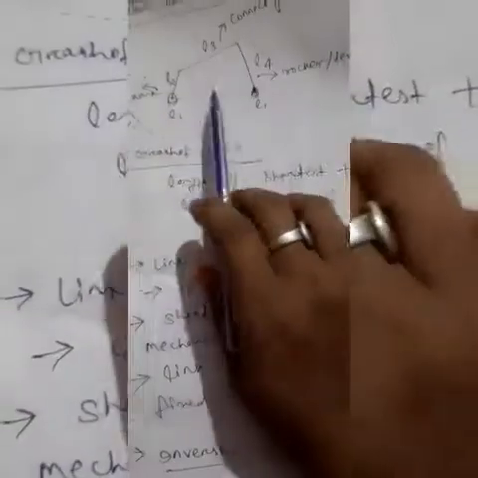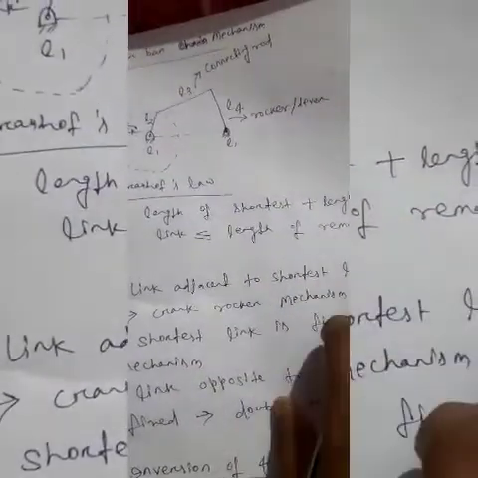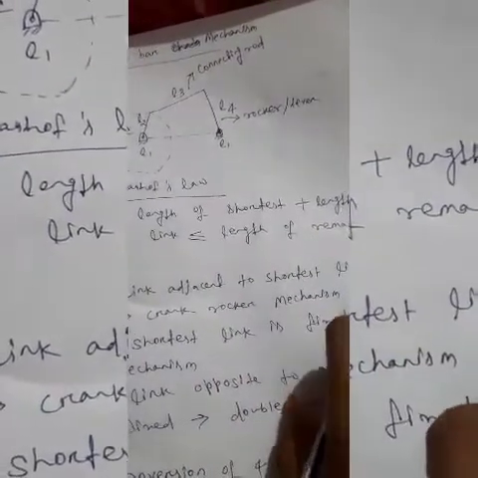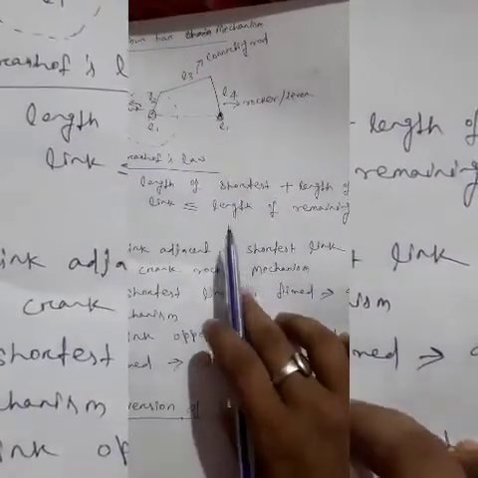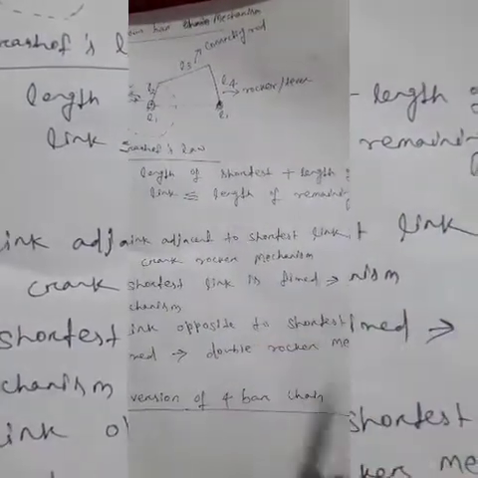So to achieve 360-degree revolution of one of the links, it should satisfy this law, Grashof's law. According to Grashof's law, the sum of the lengths of the shortest and longest links should be less than the sum of the lengths of the remaining 2 links, then only one link of the 4 links will be able to rotate 360 degrees, otherwise none of the links will have 360-degree rotation. So to get 360-degree rotation of the crank, this 4 bar chain should satisfy Grashof's law, that is, the sum of the lengths of the shortest and longest links is less than the sum of the lengths of the remaining 2 links.